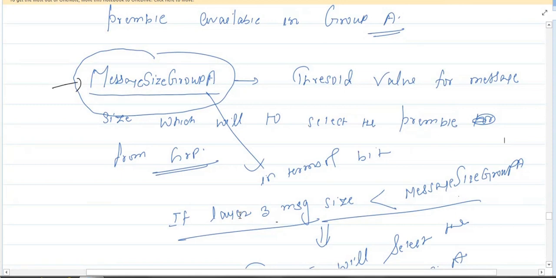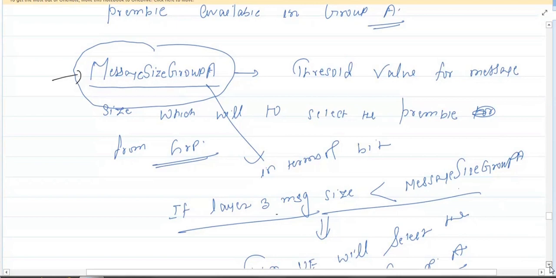तो यहाँ देखो लिखा हुआ है, if layer 3 message size is less than message size group A, जो इसकी वैल्यू रहेगी, उससे ये layer 3 message size कम हो गई तो group A में जाएगा, otherwise group B में जाएगा। ठीक है सर। और message size group A की वैल्यू क्या होगी,